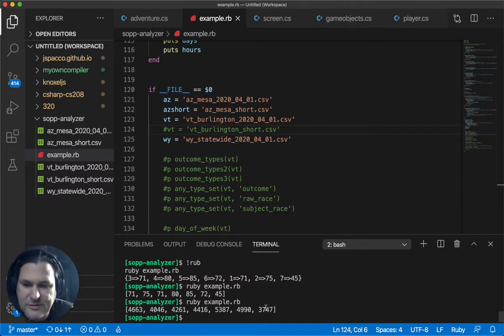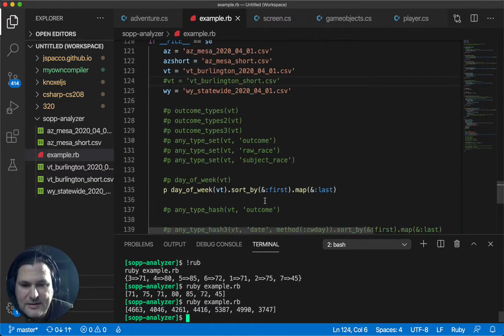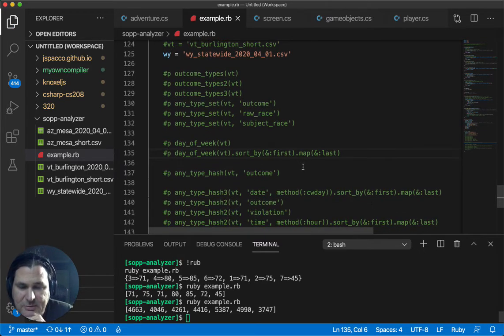Now, again, this is in Burlington, Vermont. It's a fairly small data set. We'd have to look at much larger data to figure out what we're going to conclude. But that's something that we can look at. So that's pretty cool. So now, the next thing we want to think about is, okay, that's fine that you